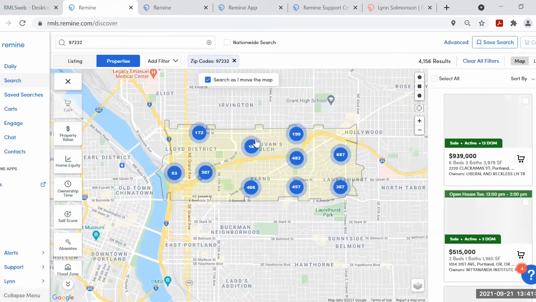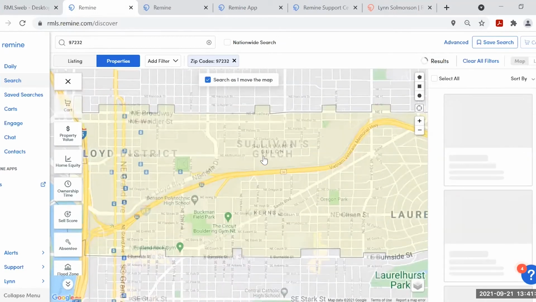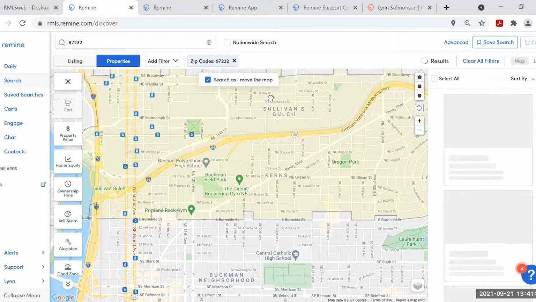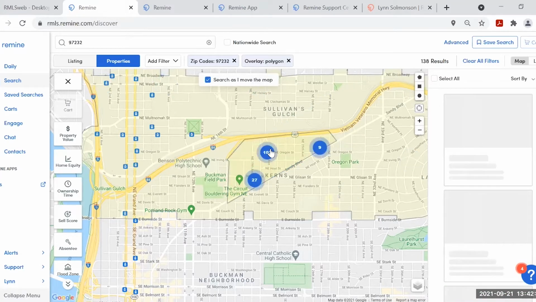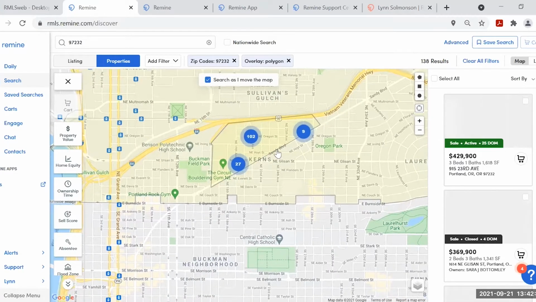I'm going to zoom in a little bit more here, so let's find a little area of interest. Let's go up and I'm going to draw a polygon. Let's say this little neighborhood right here is my little neighborhood of interest. So I'm going to draw a nice little polygon. And if I can't get it to finish, they've given me a finish button up there because you know how sometimes those little polygons don't want to stop.